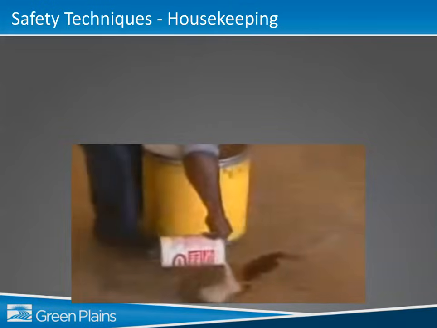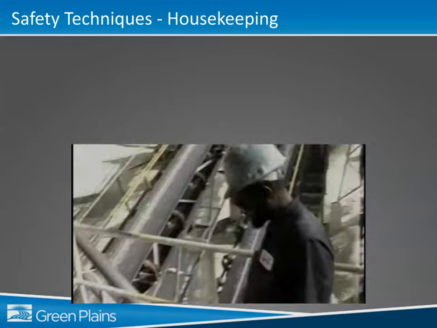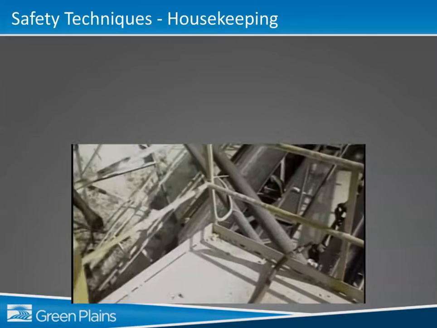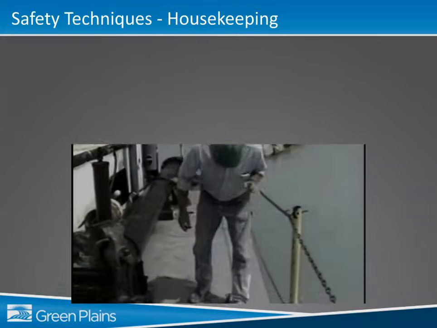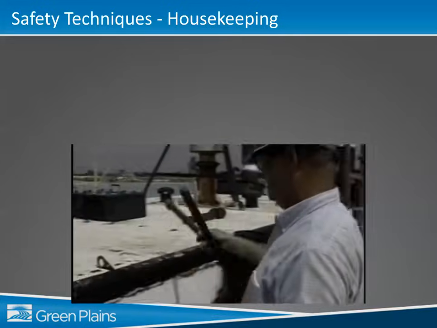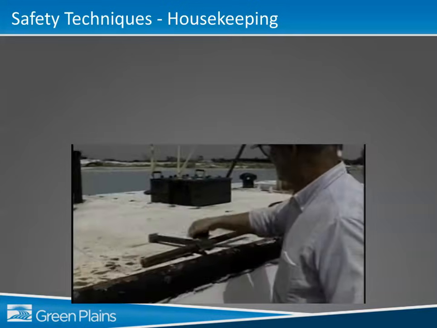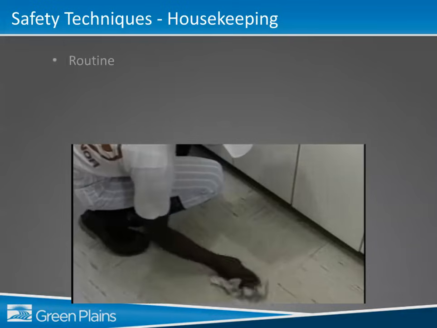Good housekeeping is critical. Safety and housekeeping go hand in hand. If your facility's housekeeping habits are poor, the result may be a higher incidence of employee injuries, ever-increasing insurance costs, and regulatory citations. If an organization's facilities are noticeably clean and well-organized, it is a good indication that its overall safety program is effective as well.